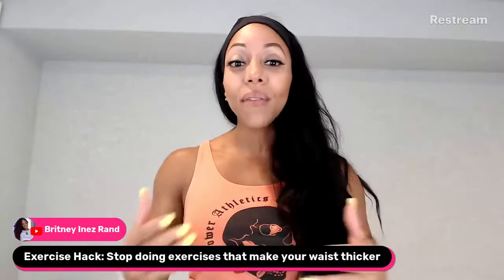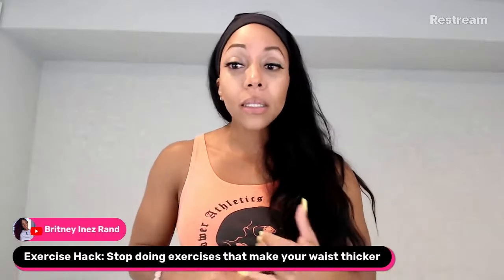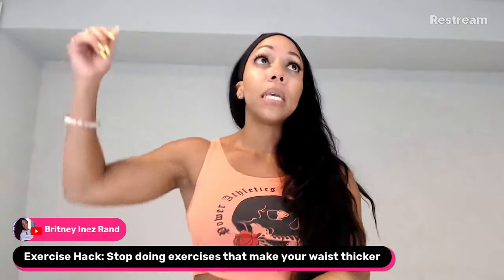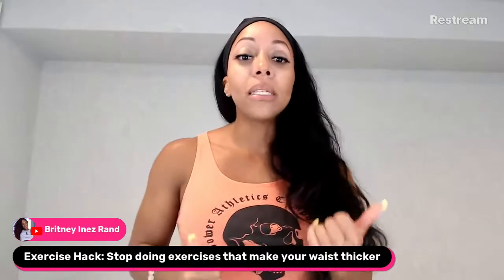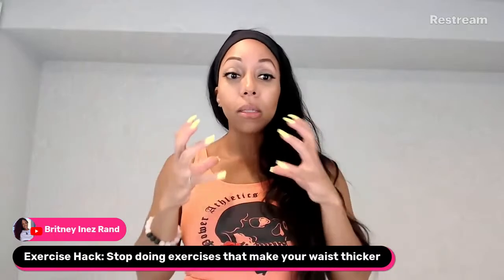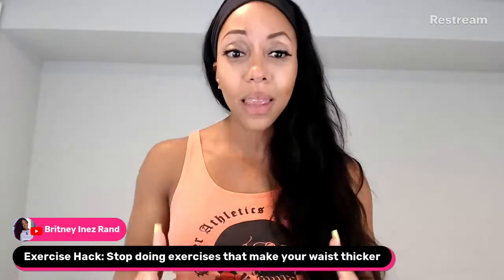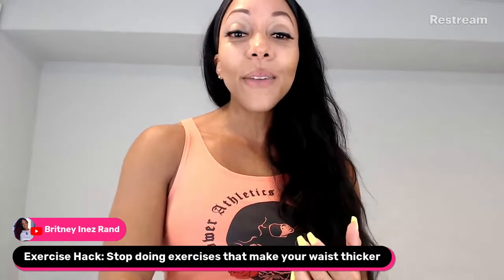So let me know if you've ever done any kind of weighted oblique exercises. You might be seeing people in the gym doing side bends like that with a big weight in their hands. You might see people doing twists with a plate or a dumbbell at their chest, or a medicine ball or something like that. Let me know, because what happens is that people tend to forget